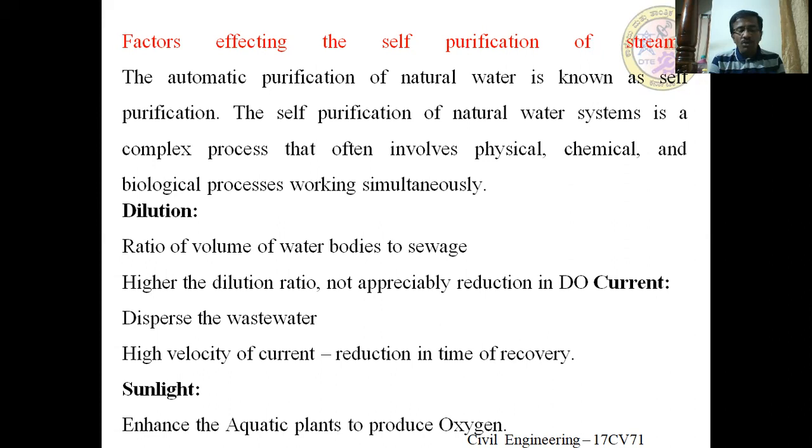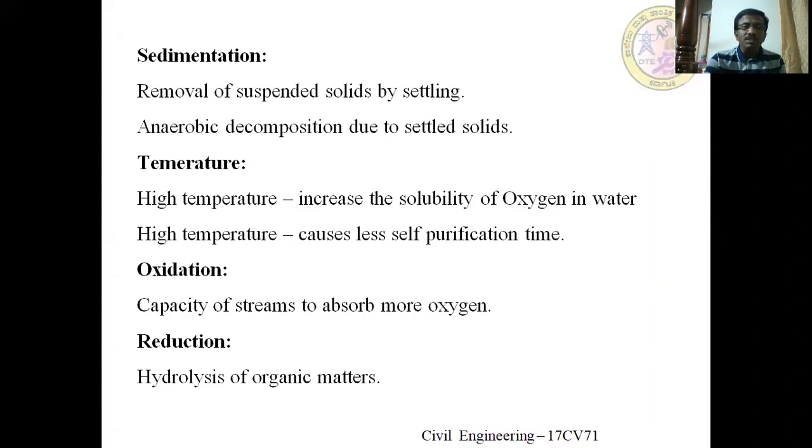Some of the microorganisms present in the wastewater or mixed stream utilize sunlight as a source of energy for their growth or degradation of organic matter. So once sunlight comes in contact with the running water body, automatically the microbial activities increase. By that, degradation of organic matter also increases, and some aquatic plants produce oxygen, which depends upon the sunlight. So sunlight is also helpful for the quick decomposition of the organic matter, and by that the original status is recovered.